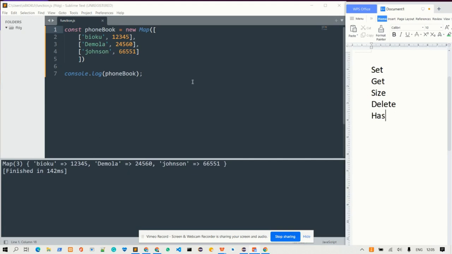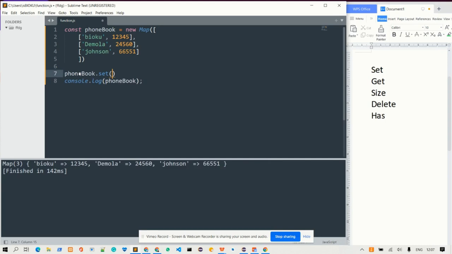And you yourself will agree with me that inside your phone book you can perform different operations. You can delete a person's number, you can add a new number, you can search for a person's number on your phone. So all these activities you do inside your phone book are what they call methods. So what I will just do now is use this set method to add a new number to your phone book. So now I say okay, phoneBook